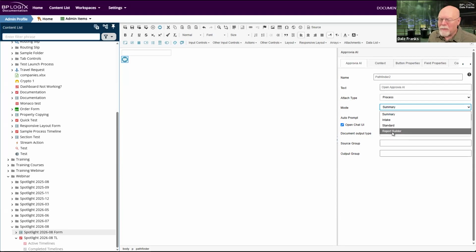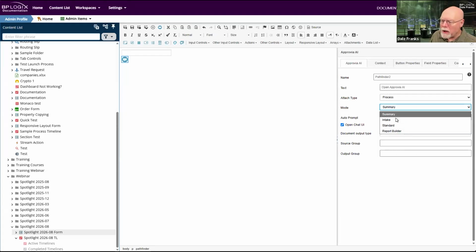new feature here. I'm not going to talk about this feature yet, but it is a report builder feature that will actually build some administrative reporting in. Now, we've got a lot of the pieces of this working, not enough for me to show it to you yet. So fingers crossed, I'll be able to give you a better idea of what the report builder does and how it works next month. So just consider that a preview for it. But irrespective of that, any of these modes will display by default the chat box on the form so that people can provide prompts and enter chats on the form.